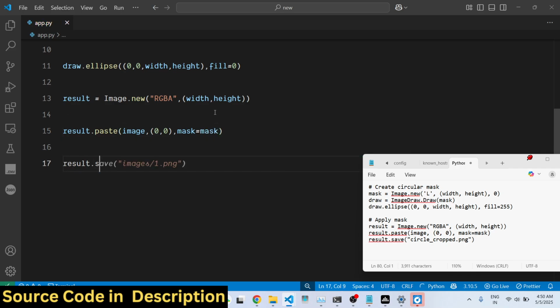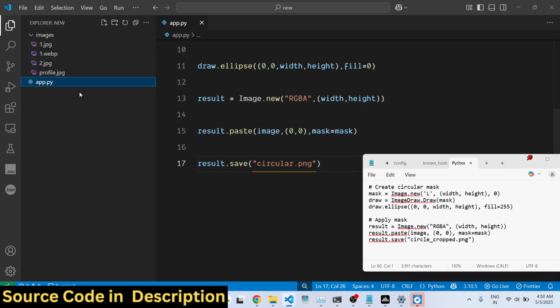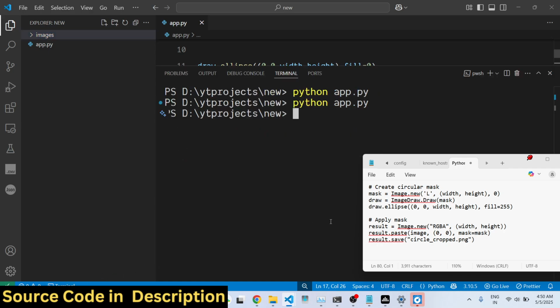Then we simply save this image as circular.png. So this is our script, and if I execute it now,